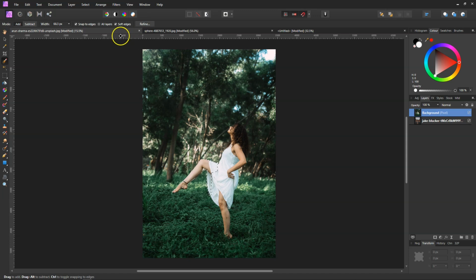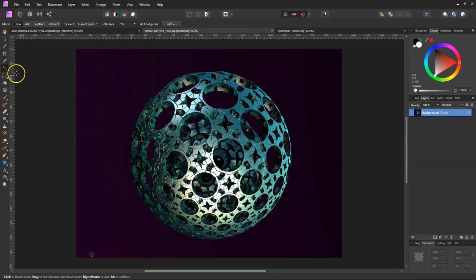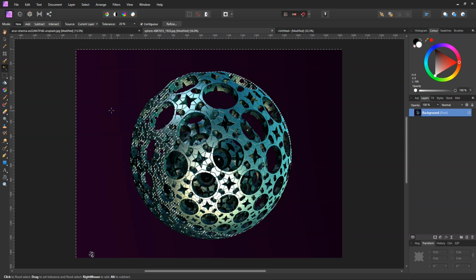The refine we will come back to later and take a look at once we've gone through a few more tools. So for now, if I just deselect her and come over to our second image, I'm going to click on the flood tool or the magic wand tool. I'll put it back to its default, so if you've not changed yours it should be matching now with the tolerance on 20. How the flood tool works is, if you click on whatever you're working on it samples that pixel,